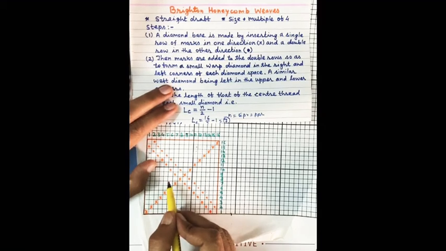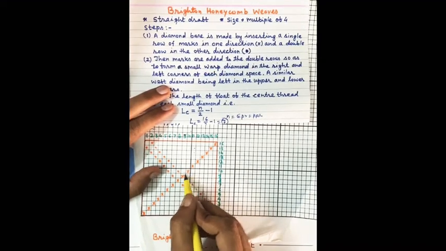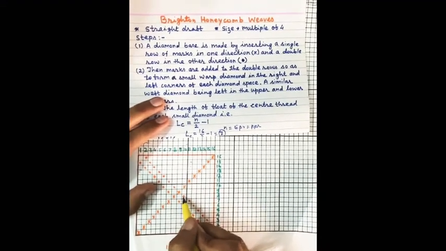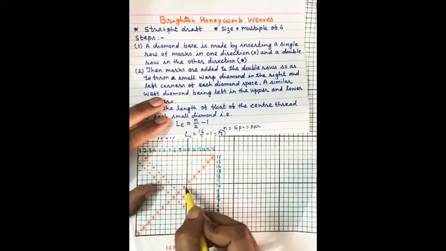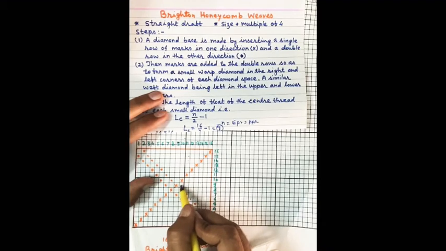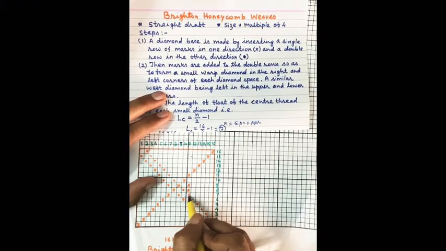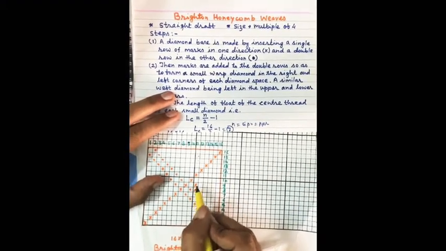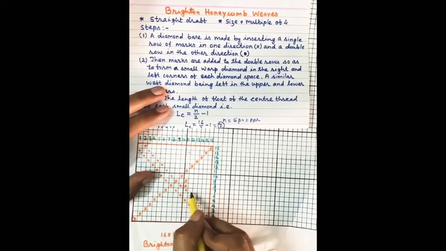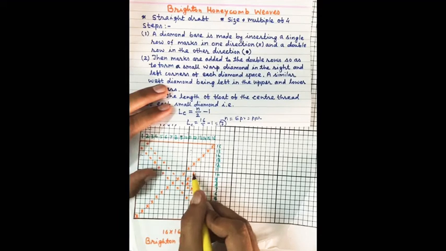And how will it be constructed? For that, we will start from here, and this will remain blank because we do not have to interfere with the single row. We can interfere with the double row, meaning the floats will be in contact with the marks of the double row, but they should not come in contact with the single row. This should remain without interference. So here I will leave this one blank. Now here we can add 1 and 2. These marks are attached with the double row, but not attached with the single row. So keeping this one blank, here one float of 1, here a float of 3, then maximum float, 4 marks can be added and it will become 5.